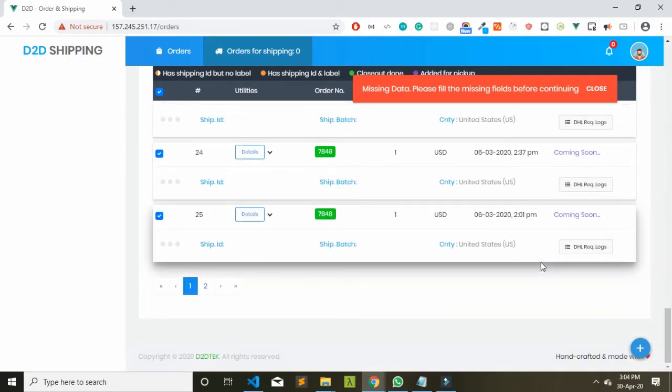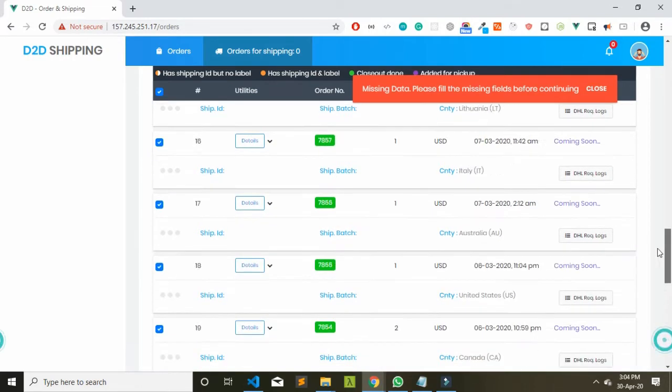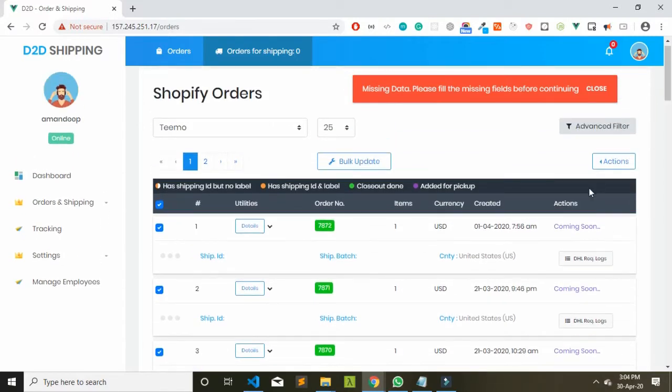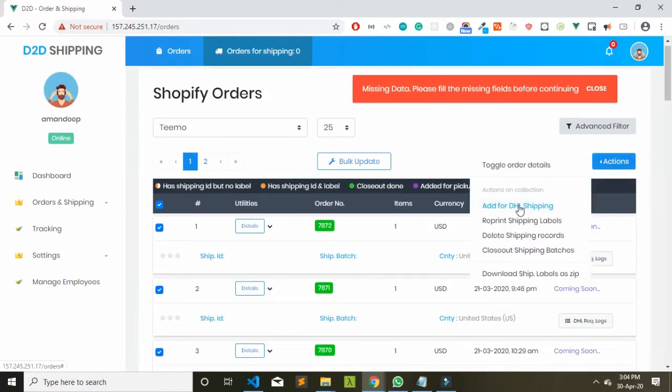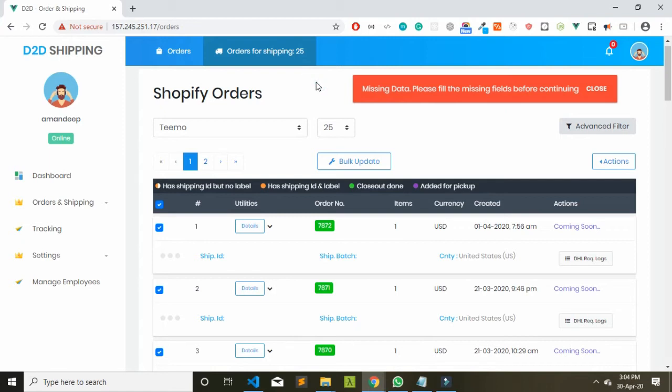Now I think we are good to go. I will attempt to do it again. These are orders added for shipping. You will find that orders for shipping is 25. Currently the limit for sending orders for shipping is 100 for the DHL API. So I've also put that validation. If you try to add more than 100 in a single request, you will get an